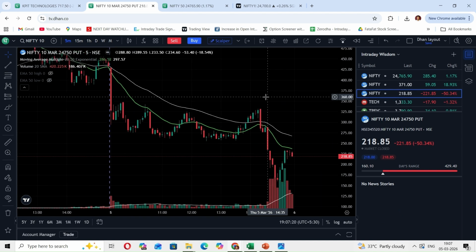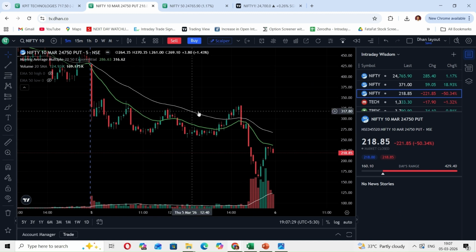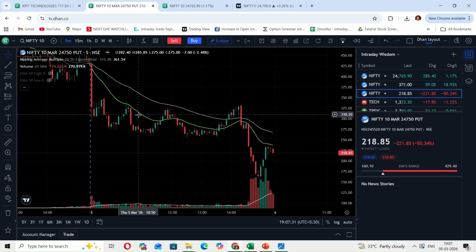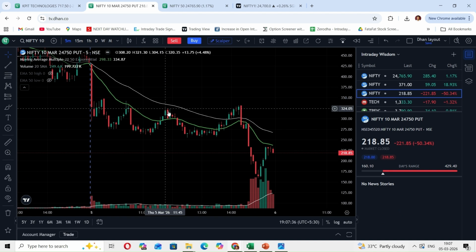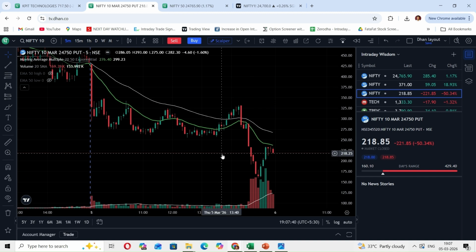Again, what is our simple trick? Primary filter. What it says, 20 MA must be above 50 MA and they must be trending upside. So here, if you see, in case of put option buying, 20 MA was below 50 MA for the whole day. So will you look for any trade opportunity here? No. See